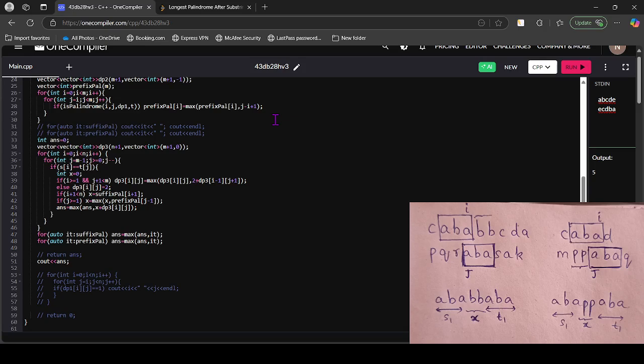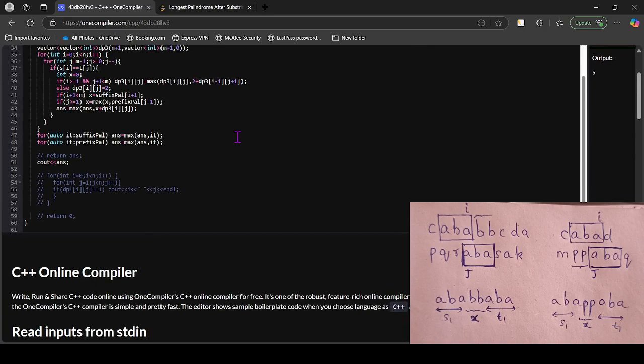the x part is remaining, where it is a self palindrome in the first or second. So if the x is from the first, it is a suffix palindrome of i plus 1, and if it is in the second one, it is equal to the prefix palindrome of j minus 1. So coming to the code,